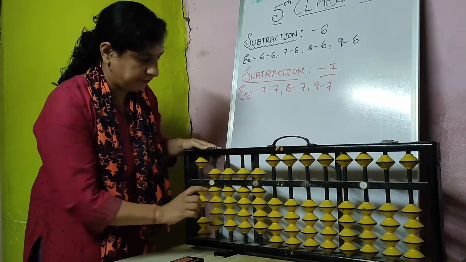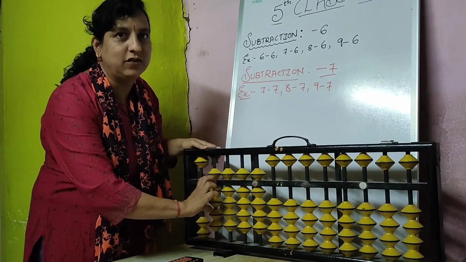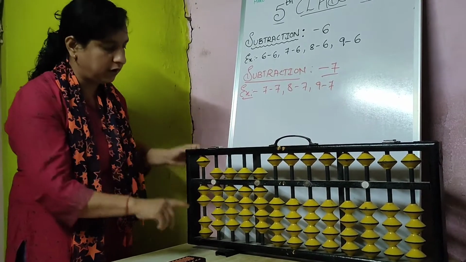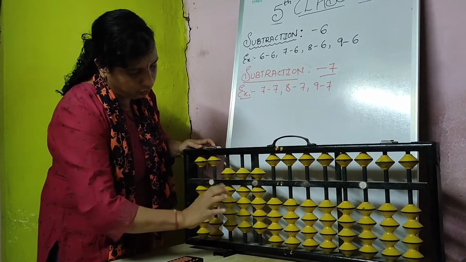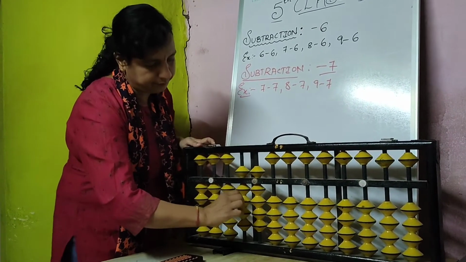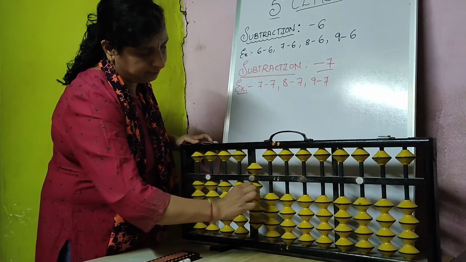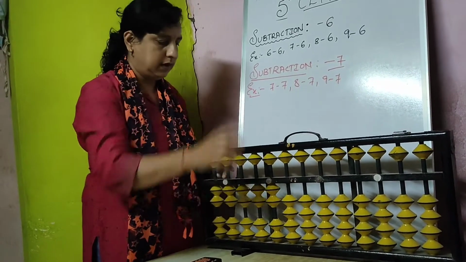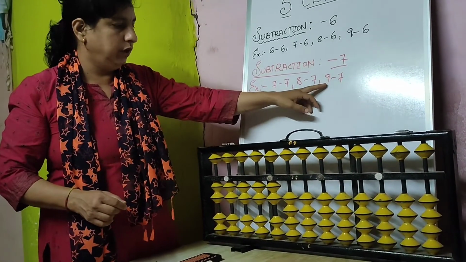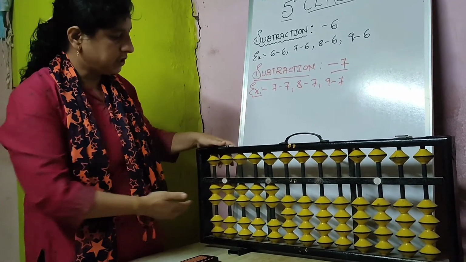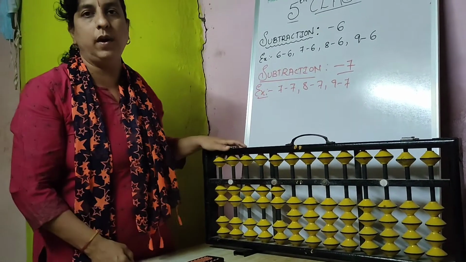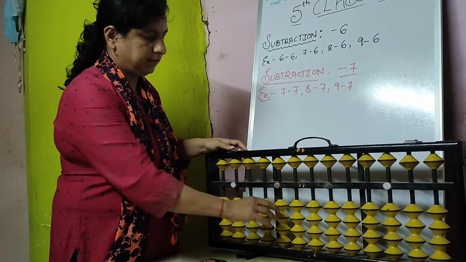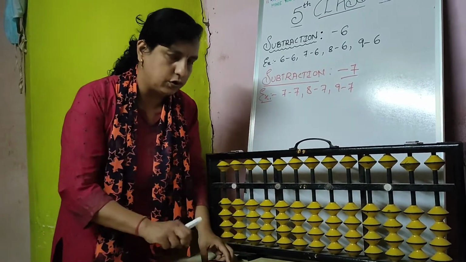But you catch here. You are doing in a small abacus, you have to catch the pencil. I can't hold and do this because this abacus is so big, my hand is so small. So see here, 1 upper bead, 2 lower beads. Just say minus 7. Minus 7, minus 7, minus 7. So after doing this sum, what answer we have got? 2 we have got. 9 minus 7, how much? 2, isn't it? So this is so easy.